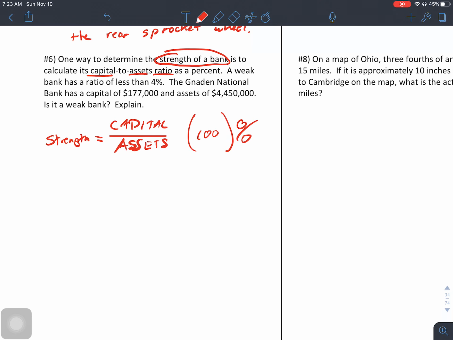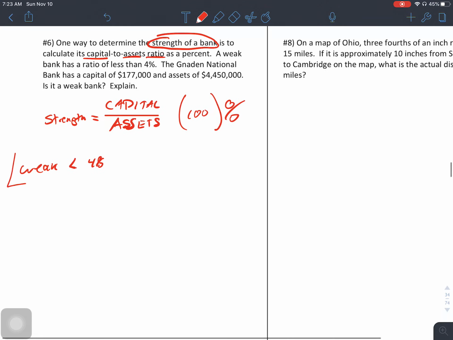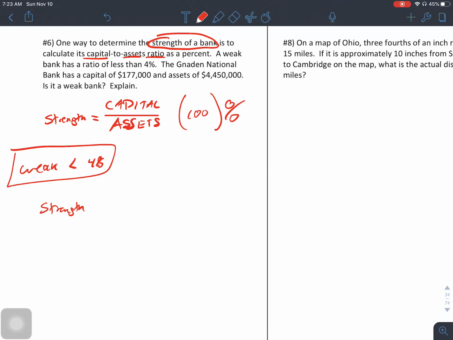A weak bank has a ratio less than 4%. So I'm going to write that down. Weak is less than 4%. The Jnatan National Bank has a capital. So let's look at the strength. It has a capital of